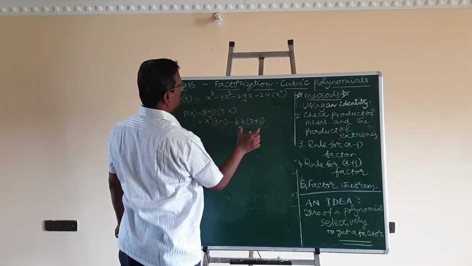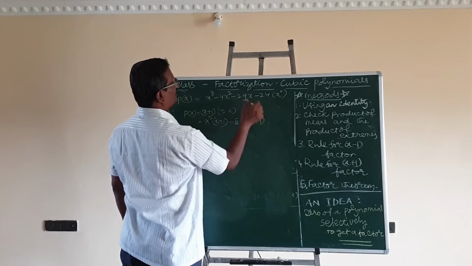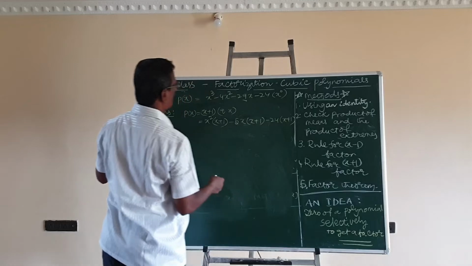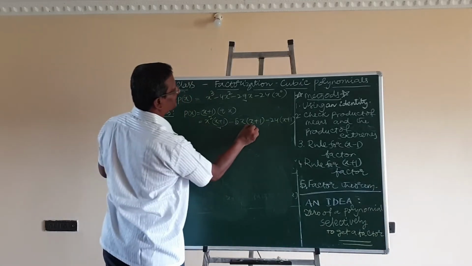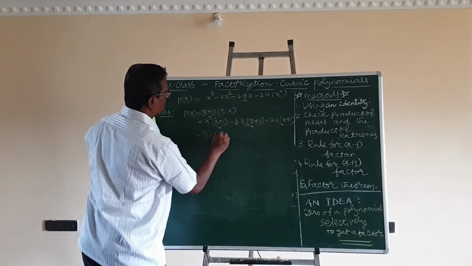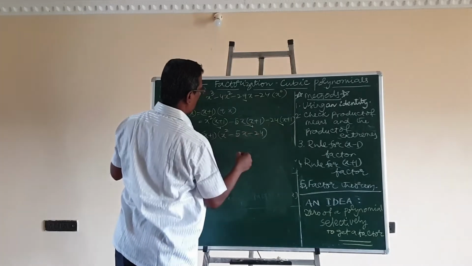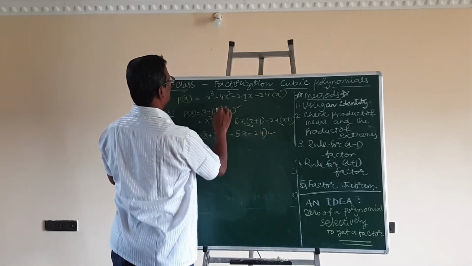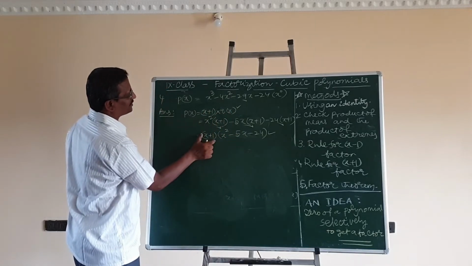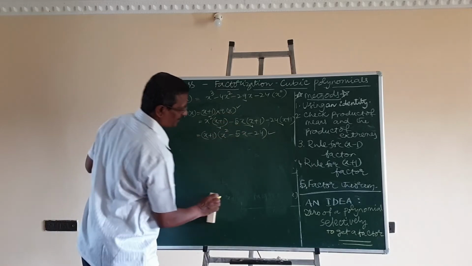We have minus 21x. So for that, here minus 5x, to this minus 5x, minus 24x is to be added. Minus 24 into x plus 1. Now, x plus 1 into something. This is x plus 1 into x square minus 5x minus 24. It is the quotient polynomial. On dividing the polynomial by x plus 1, the quotient is this one. To this quotient, we have to do further factorization.